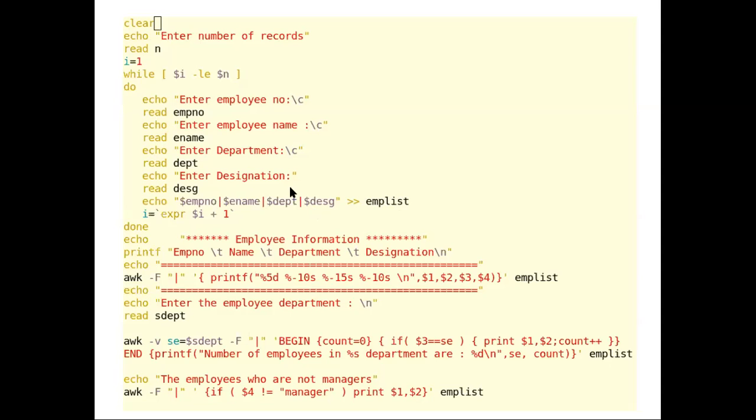Okay, so we have read each employee. Once we are done with one employee's data, increment the i variable by 1 so that we will be able to read the next employee's values as a new record. Each record indicates each employee's data. So read all the employees' data and store it into the file emp list, and each value will be separated by the pipe operator. And as I explained in the previous program, we will be displaying all the employees' details in a